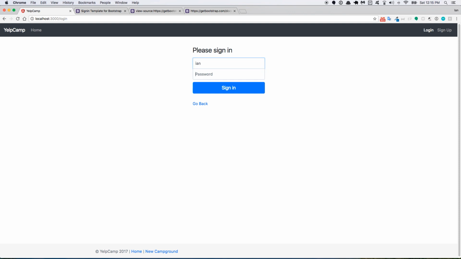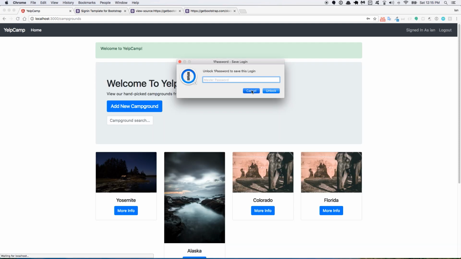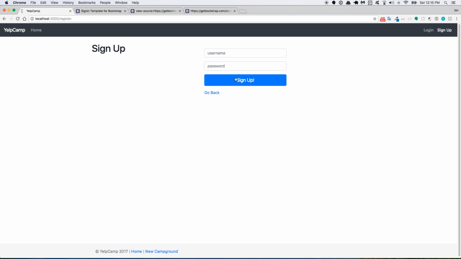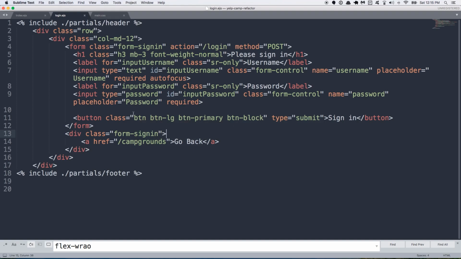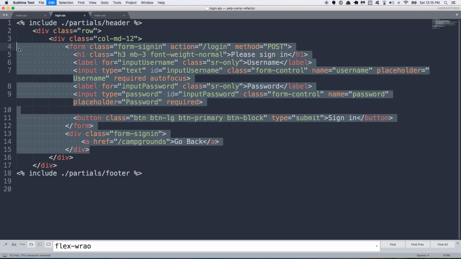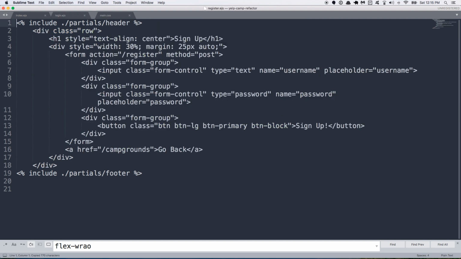We can test, of course, to make sure it works. And it does. So I'll go ahead and log back out. And see you later. Great. Sign in. Sign up is still the same as it was before. So let's just copy everything from the form here. And we'll open up the register EJS, change the highlighting. And now the main difference here is that we are saying sign up instead of login, and we're posting to